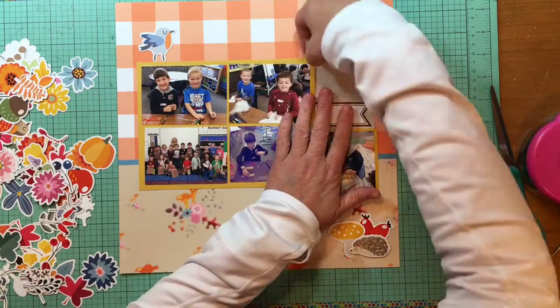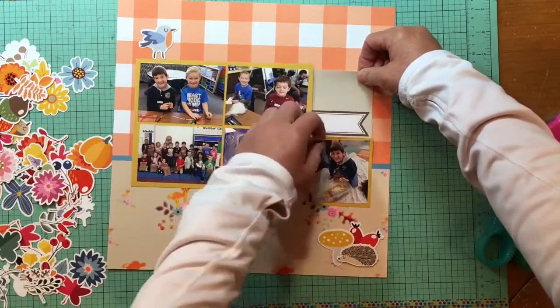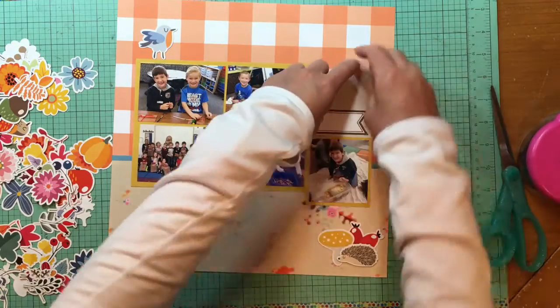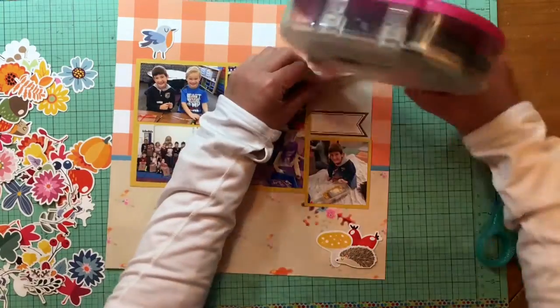Now I am looking at something to journal on here, and I'm going to use this old printable journaling card that I had in my stash. I can't even tell you where that came from. It's so old. I know I found it